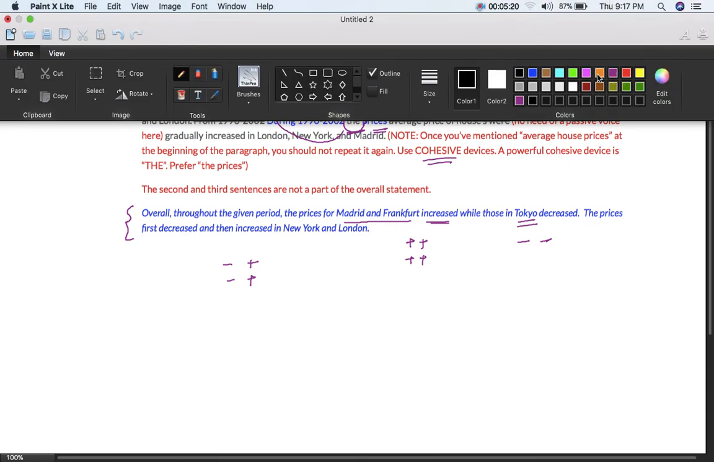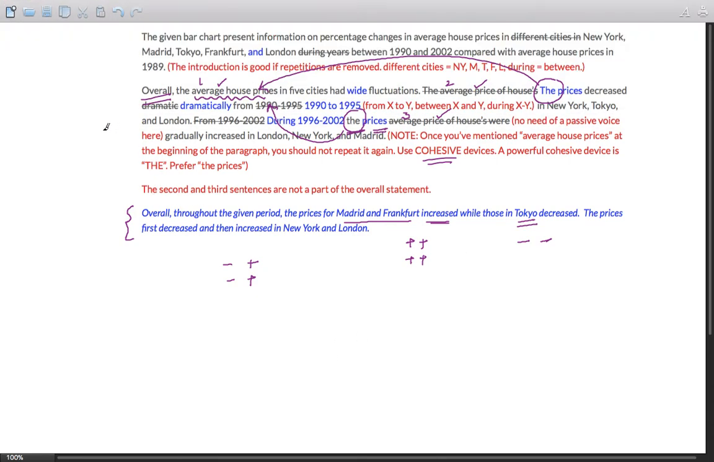That's it. And secondly, there's another major mistake that you will find throughout this answer. That is the wrong use of cohesive device from X to Y. This is also a cohesive device. A cohesive device is anything that connects the parts of a sentence. So from X to Y, between X and Y, and another is during XY. So I'll show you these mistakes throughout the answer, but first one is here, from